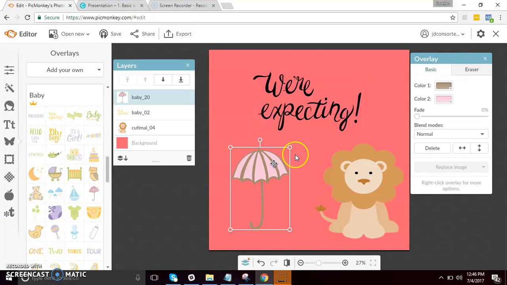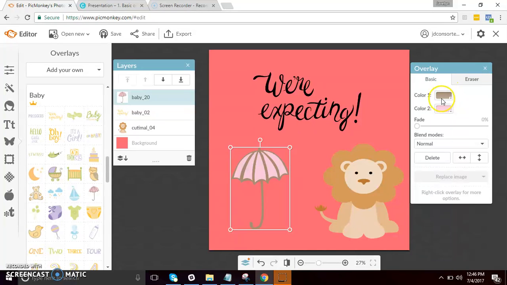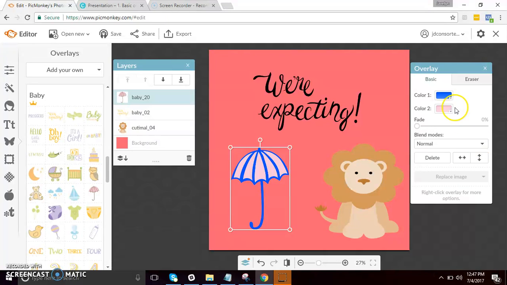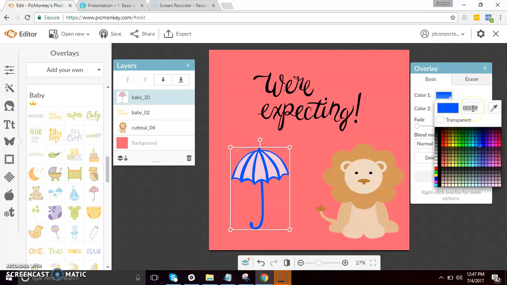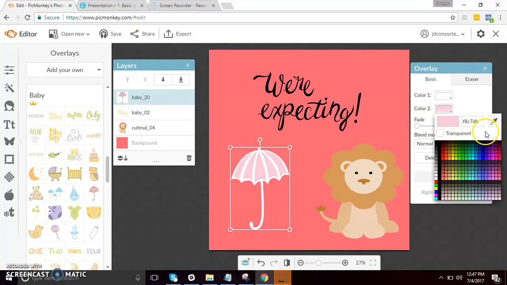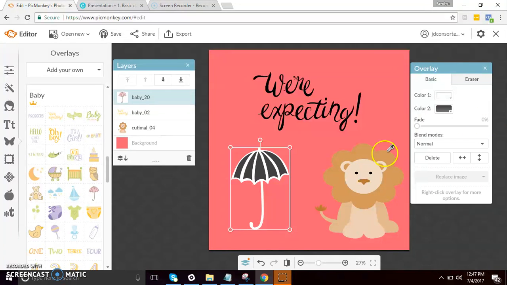Now, this overlay has two colors. In its overlay tab, you can see the colors, which you can change the same way as we did the first overlay. Choose the color that you prefer for the outline, or if you have a preferred color with a hex code, just type it here. Or if you want a color that you don't know the hex code for, you can use the dropper and drop it here. See, it took on the color brown, so that's easy to manipulate.